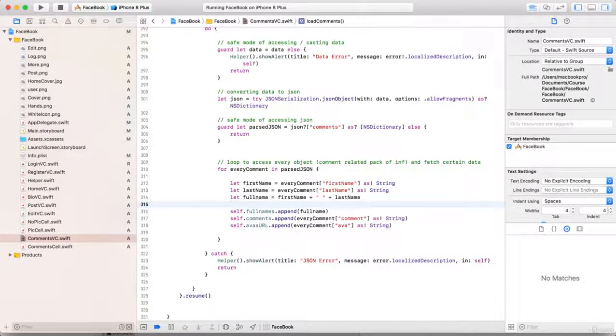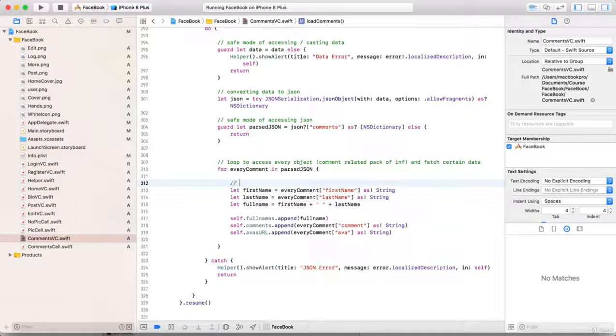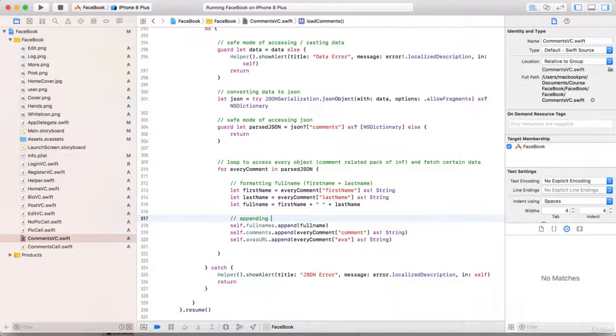Okay, that is amazing. Here we are. What we're doing, we're formatting full name by writing last name plus first name, or the other way around. Here we are appending fetched information to the